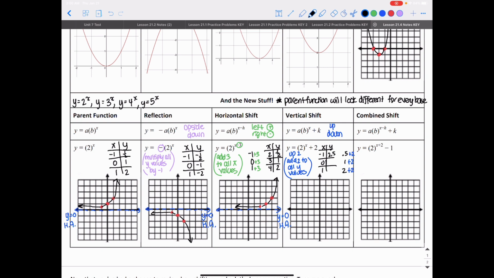2.5, 3, and 4. And then I'm going to plot those points. So -1 and 2.5, 0 and 3, and 1, 4. And then I'm going to connect these points. Also, what I want to keep in mind is that I have